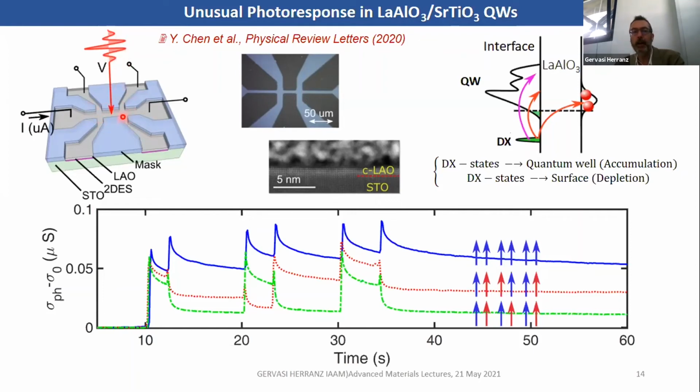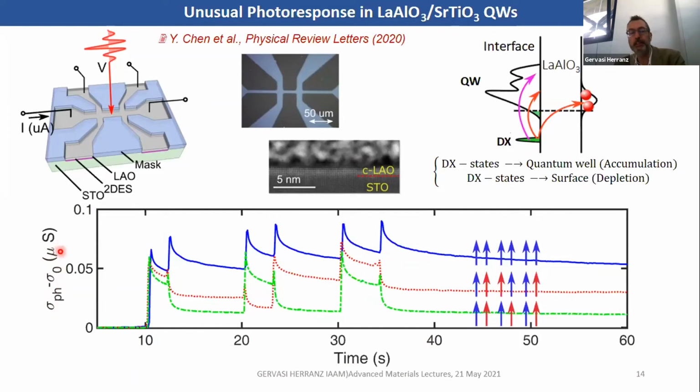the bridges of a Hall bar device. This is a real picture of one of the devices, and this is a cross-section of one of these devices obtained by electron microscopy. And what we observe is very interesting. Pay attention first to the blue line. The blue line